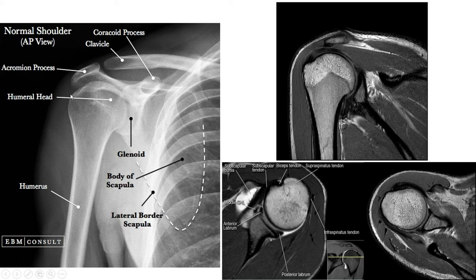See, this is the normal glenoid. This is the glenoid, and this is the humeral head, and this is the acromion. This is the clavicular end. This gap is normal. This is the acromioclavicular joint. This is the coracoid process, and this is the glenoid bed. This is the lateral, and this is the medial border.